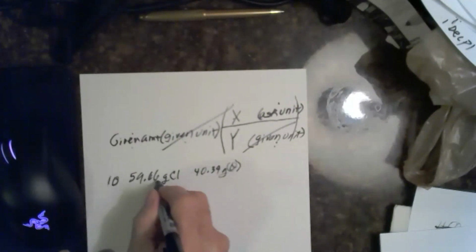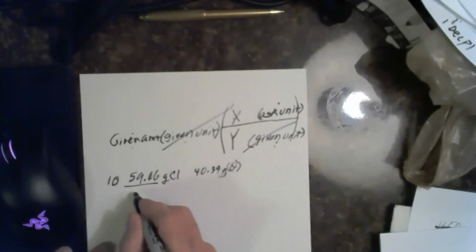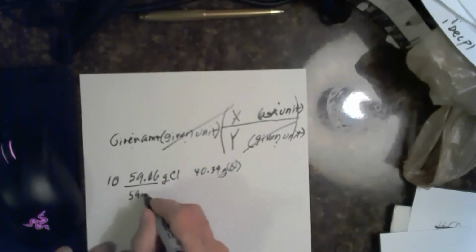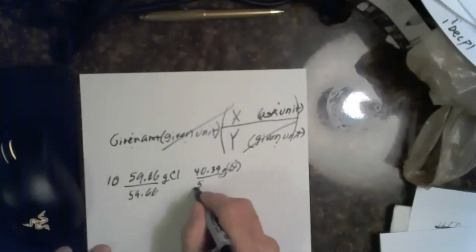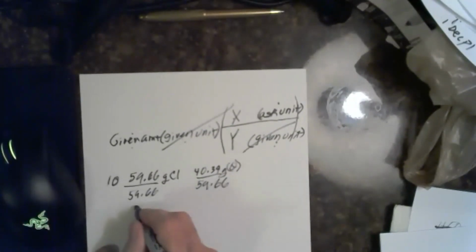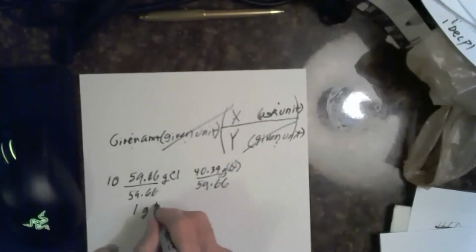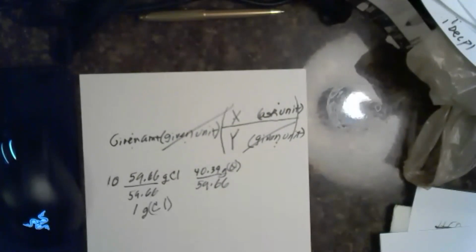Now, I want to get a 1 for this first one. So if I divide that number by 59.66, I would have to divide that number also by 59.66. This would give me 1 gram of chlorine combined with whatever I get for the math over here,